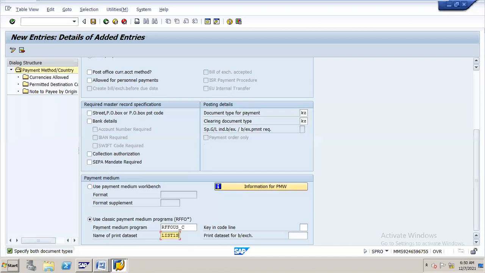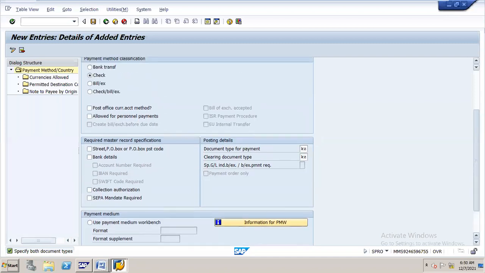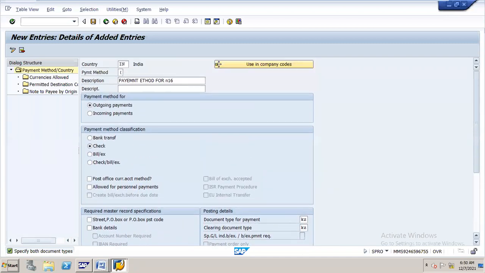Okay. So here I just gave these details. What is our payment method? Let me check whether it is available or not.